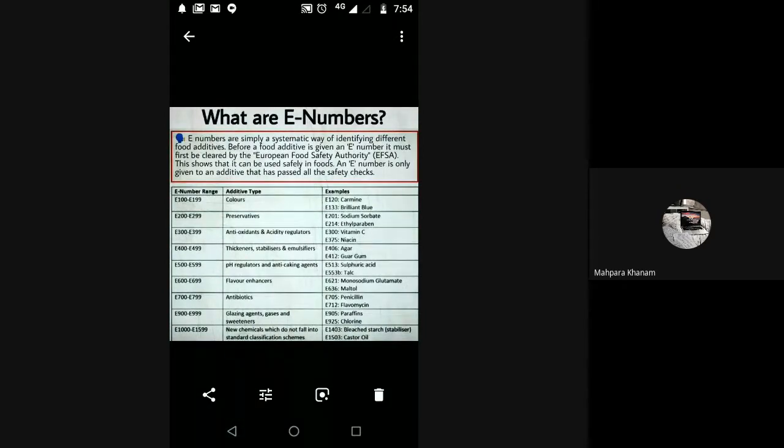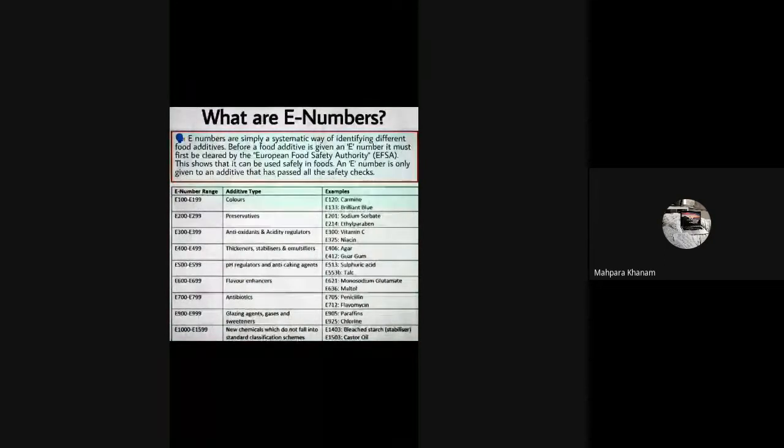This is why I did not say at that time, because these E numbers are allotted to the food additives. So it's not necessary that it will be there only for the food colors, but for other additives also it might be there. So I thought that when I start with the food additives, at that point I'll show you. But since you wanted to see it, who was asking me about the E numbers? Me, ma'am. I was asking.